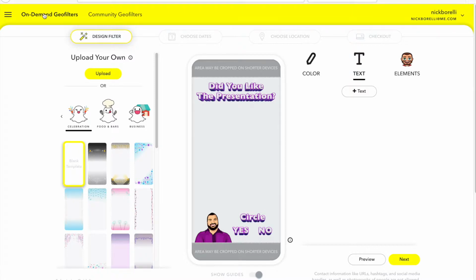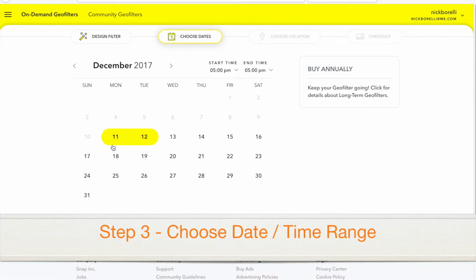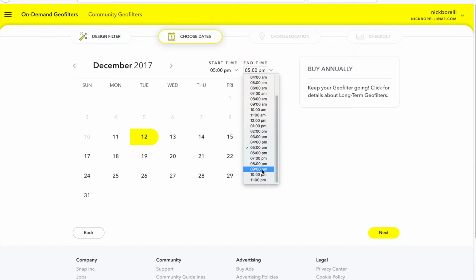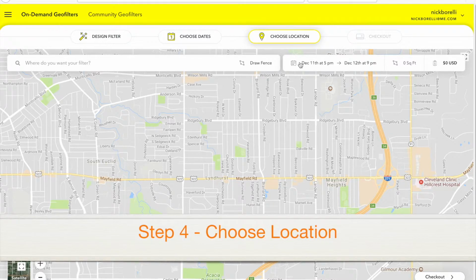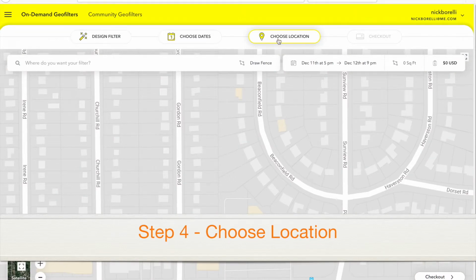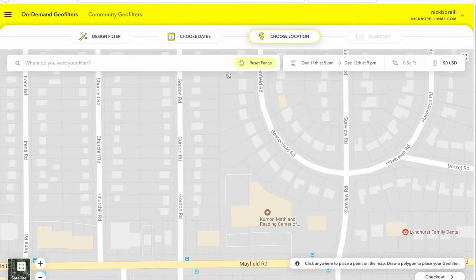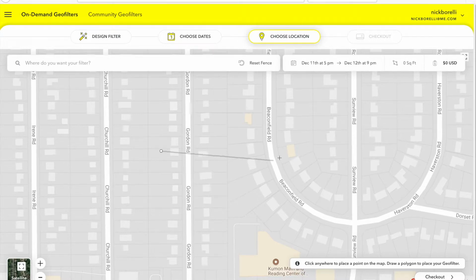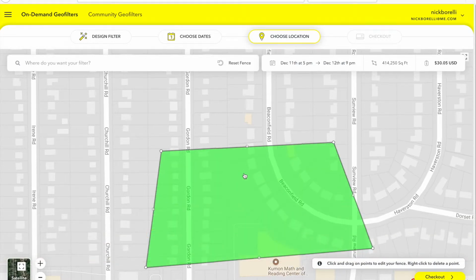Once you upload them, you have the ability to click next, which then tells you the dates that you can have them for. So let's say I want it for the 11th. I want it at 5 p.m. until, let's say, 9 p.m. And there's that. Then you can pick a space that you'd like to have it in. So I choose the location, and then I can start drawing the fence right here. So anyone between this area here for those amount of hours would then have the ability to see my on-demand